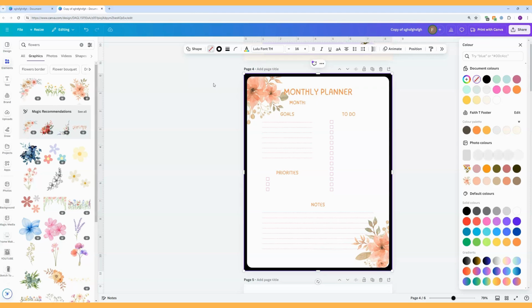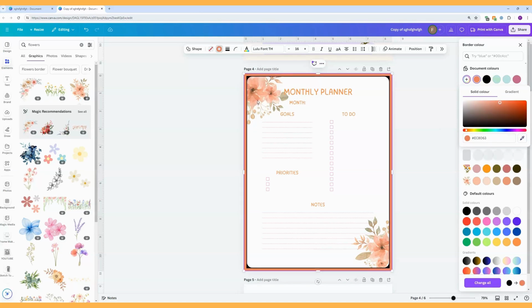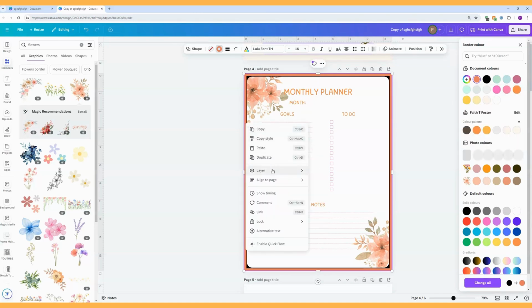We've filled in that space. We can change the color to something that suits the page, maybe we go to add a new colour, and we'll get this dropper selector here and select a colour from our flowers. And we'll send that to the back so we can reach the other border